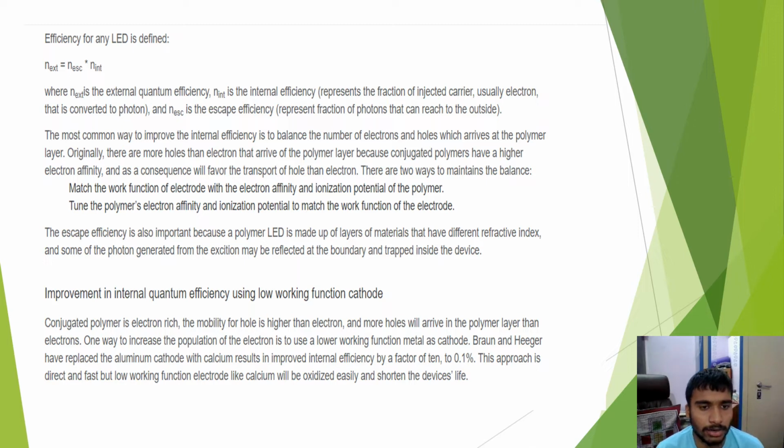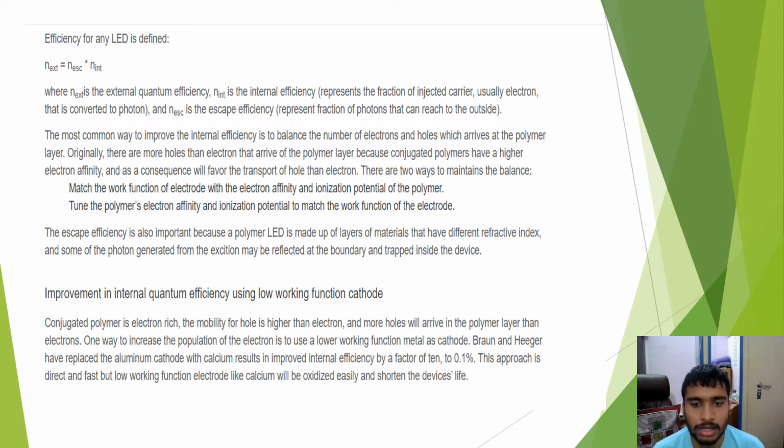Improvement in internal quantum efficiency using a low working function cathode. Conjugated polymer is electron-rich. The mobility for holes is higher than for electrons, and more holes will arrive in the polymer layer than electrons. One way to increase the population of electrons is to use a lower working function metal as the cathode. Braun and Heeger have replaced the aluminum cathode with calcium, which results in improved internal efficiency by a factor